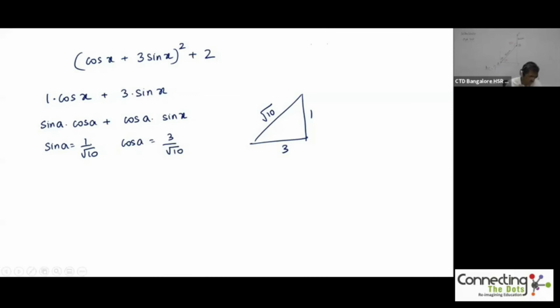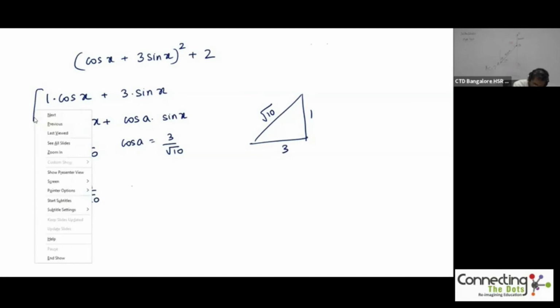And then we write this as, so this whole thing becomes root 10 multiplied by 1 by root 10 cos A, sorry, I made a mistake, didn't I? Sin A, this should be cos x. So we compare these two and then